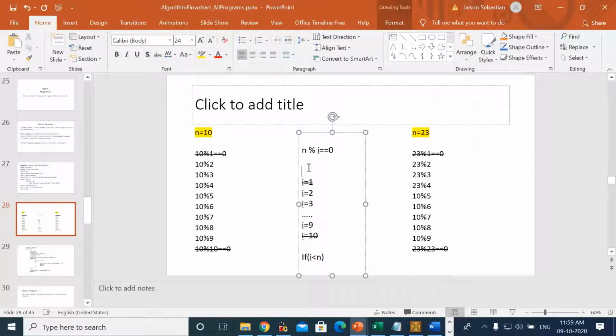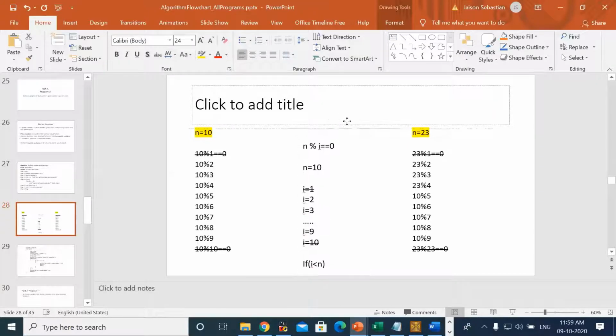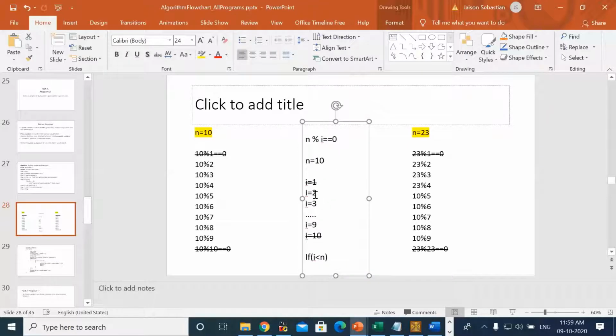So when you run the program, if you give n equal to 10, listen here, we are initializing the i value from 2. The i value will be incremented in each iteration: i equal to 2, i equal to 3, i equal to 4, up to i equal to 9, because we gave the condition that i should be less than n.